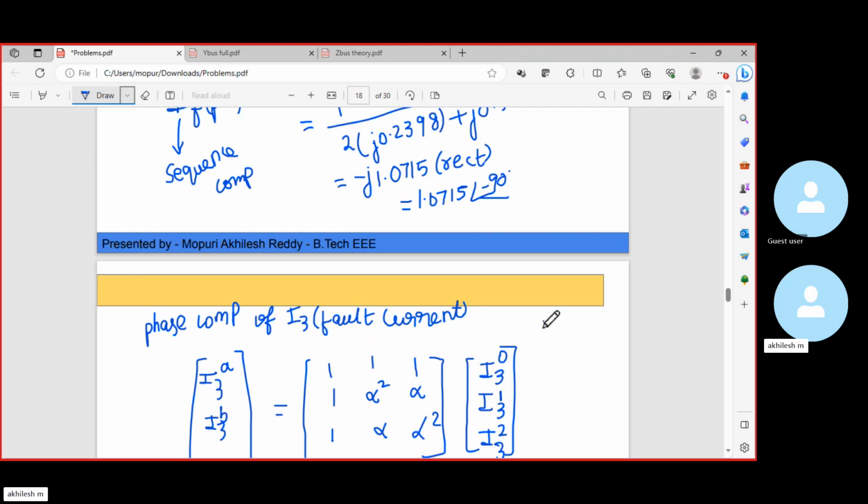If you convert 1 angle 120 to rectangular, minus 0.5 plus 0.866 j. Better to do it in polar form. Okay, now if we substitute this j,